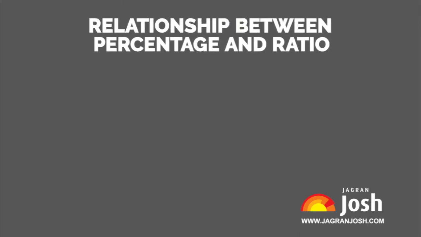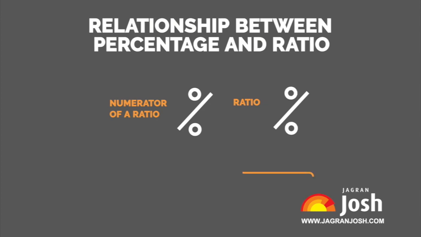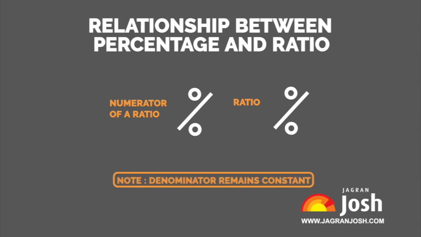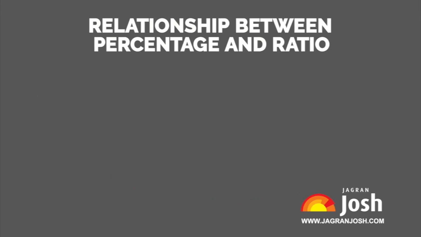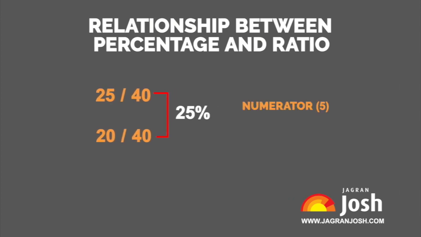Relationship between percentage and ratio. There is a direct relationship between the numerator of a ratio and the ratio itself. If the numerator increases by a certain percentage, the ratio also increases by the same percentage. Note, if the denominator remains constant. For example, 25 by 40 is 25% more than 20 by 40, as the rise in the numerator is 25%